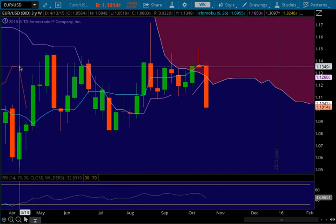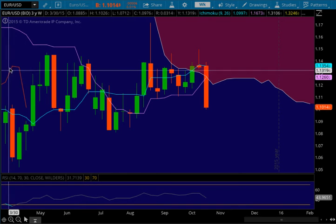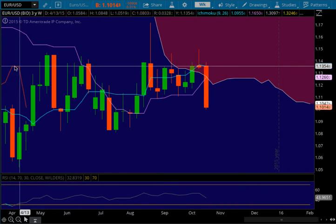The Chikou represents price, for those of you who don't know. Chikou represents price action time shifted 26 periods into the past. If this happens to be the first time you're looking at one of my videos or the first time you're watching an Ichimoku chart video, Ichimoku is pretty simple. It might look complicated to start, but there are really not that many elements. One of them is this red line here on my charts. It happens to be red, called the Chikou span,